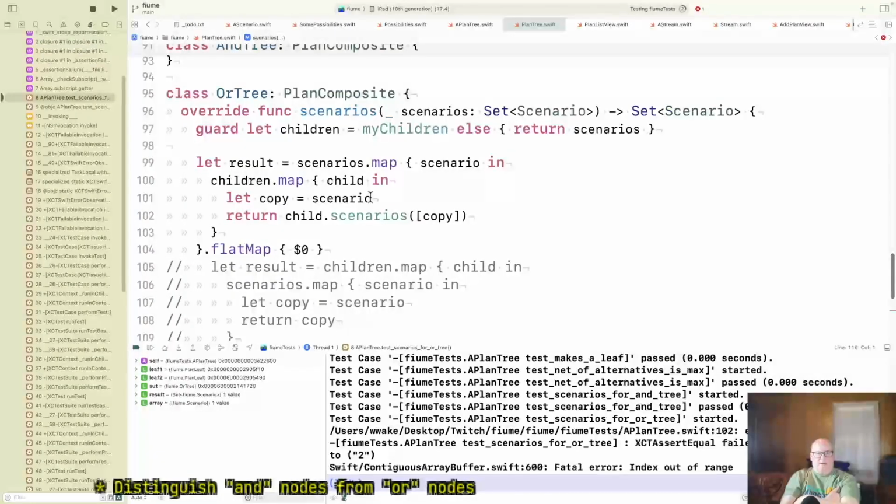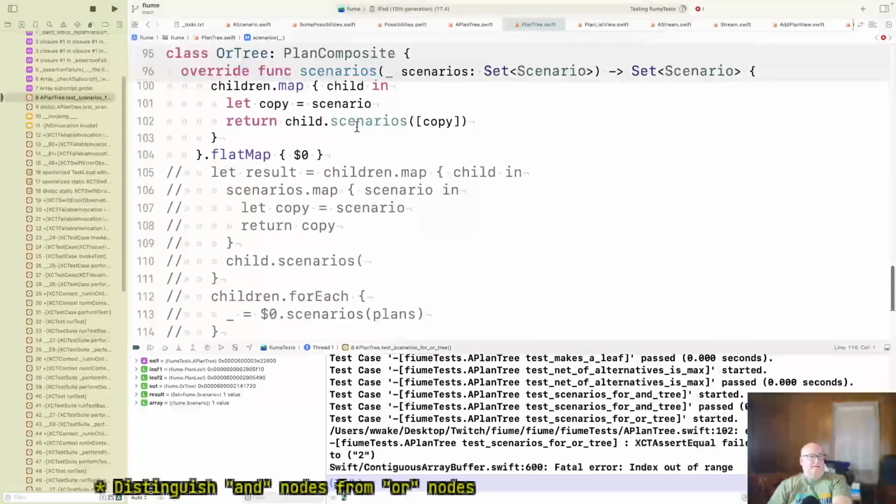And for each scenario, throw that in and deal with whatever the child does. And what I'll get back is a set of scenarios. And after I get a set of scenarios for each child, and I'm doing this for each original scenario. Yeah, okay. I don't know.